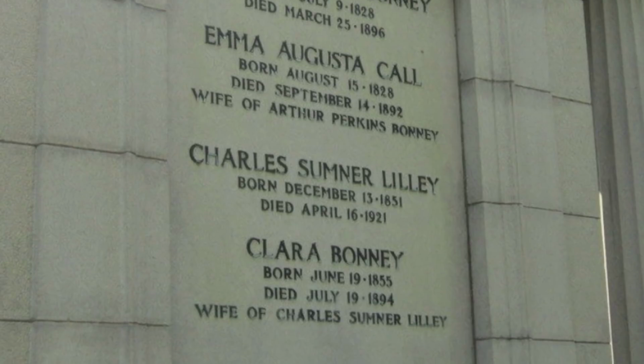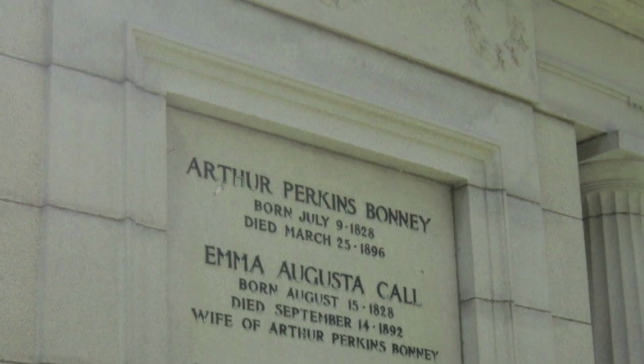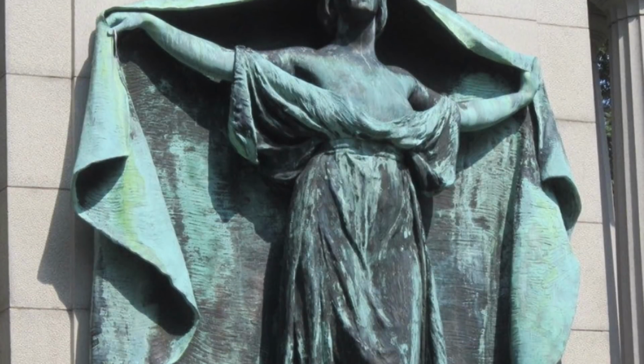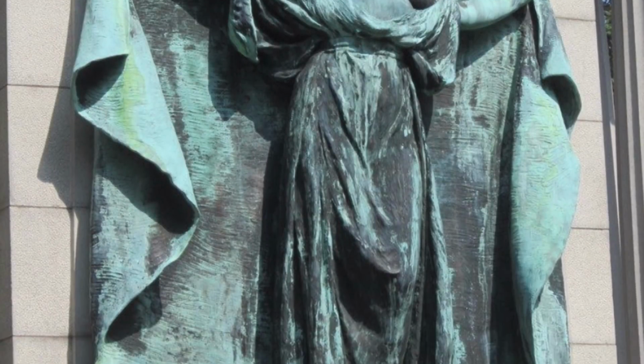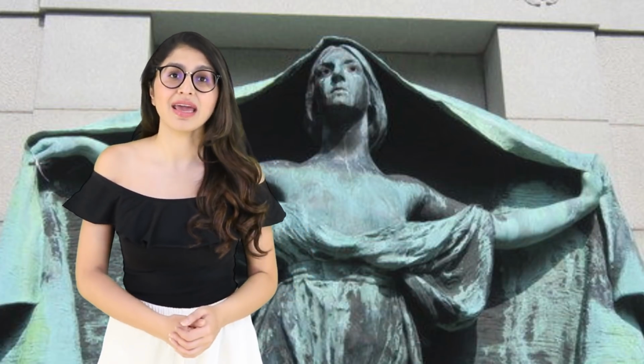The cemetery is also home to the Witch Bonnie sculpture. Now her arms are outstretched, holding a sheet above her head and behind her. It looks like the sheet is majestically just billowing in the wind. Her eyes are staring at the sky, and there's a black tear under her left eye. Now in terms of outfit, she's wearing a toga sort of off-shoulder dress, and that lets you see the top